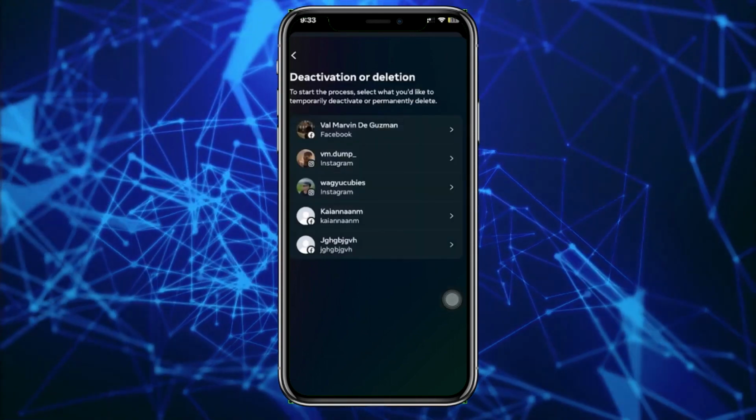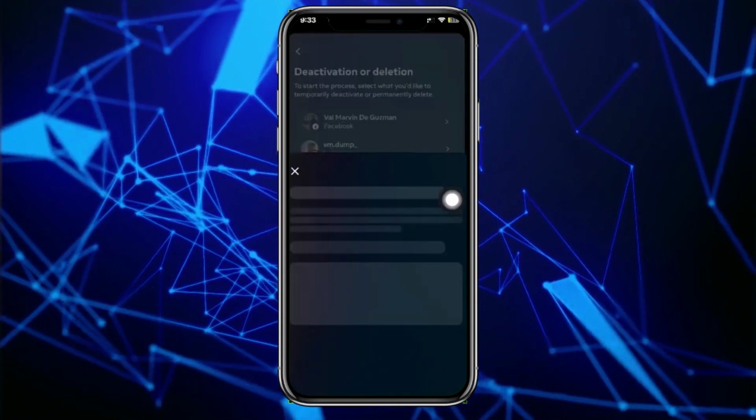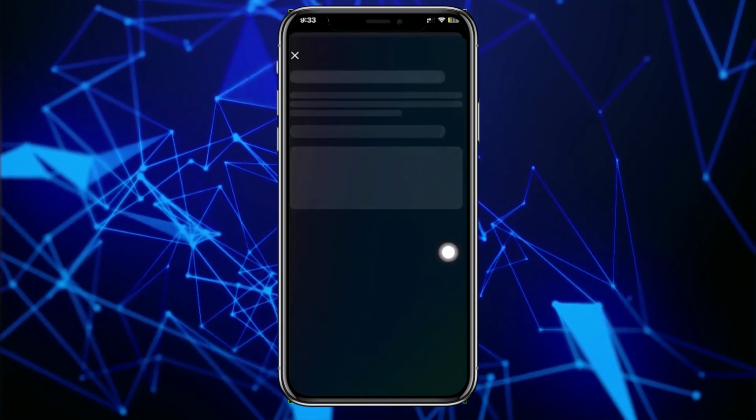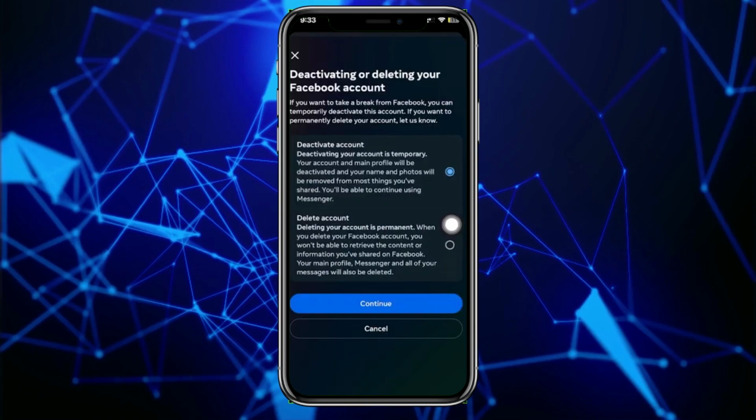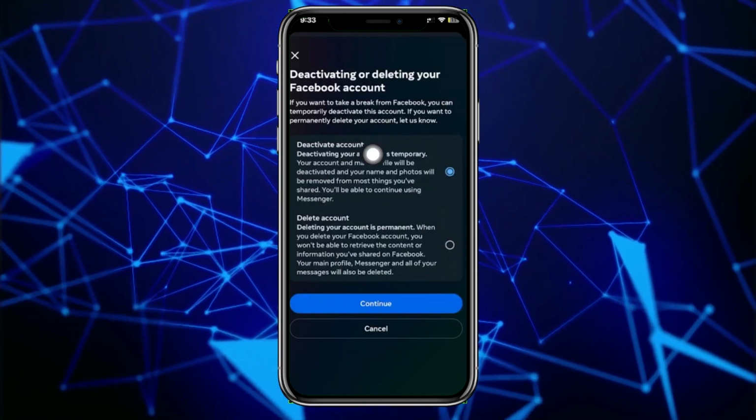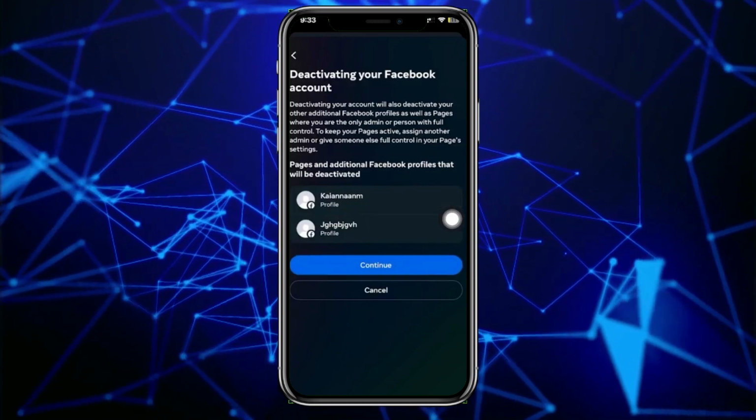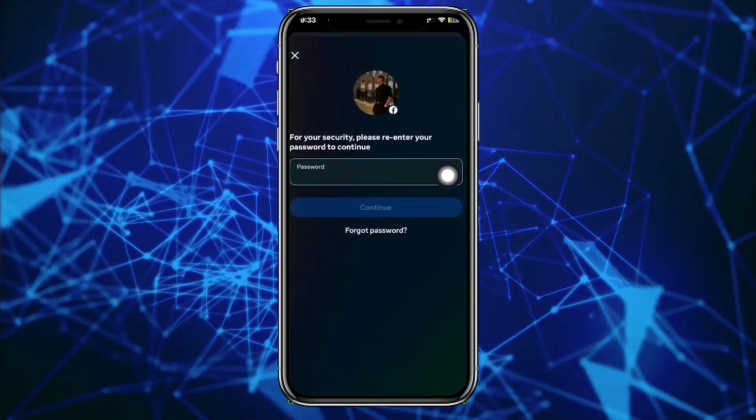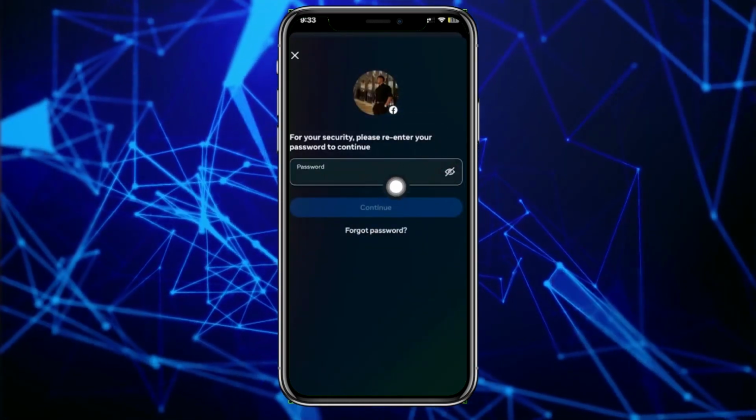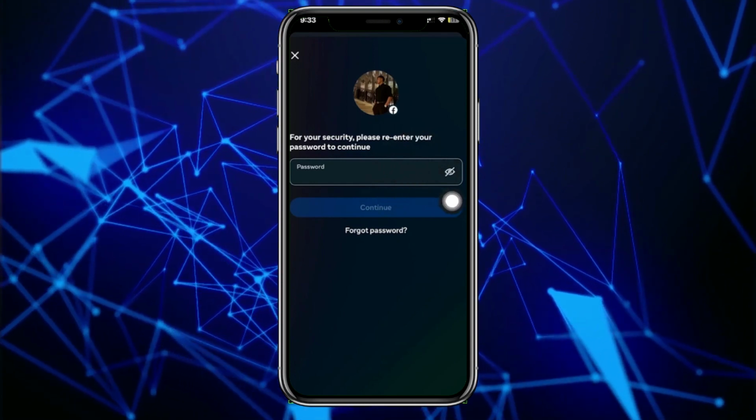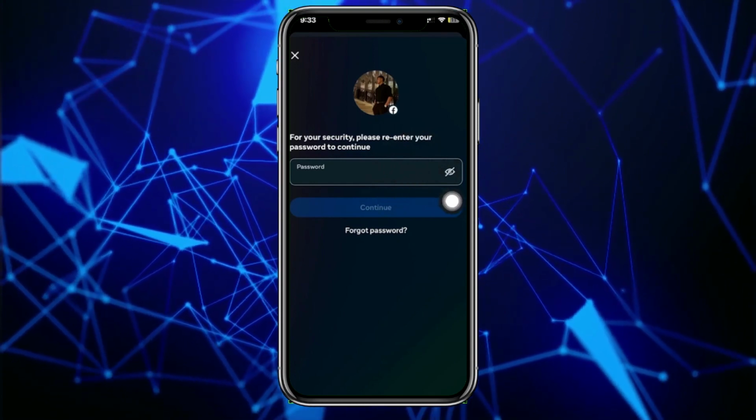What I want you to do here is to choose your preferred account, and then let's proceed with the account deactivation. Now I want you to tap on Deactivate account, tap on Continue, and tap on Continue once more. And basically, all we need to do lastly is to enter the password of our Facebook account to